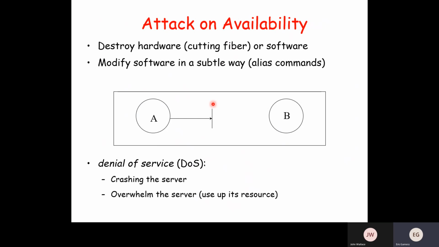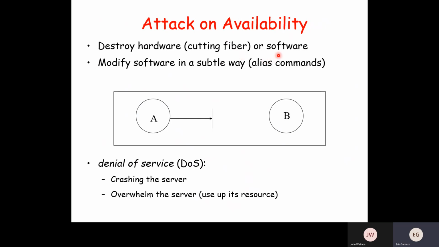Availability. There are many ways for you to make an attack on availability. So the system is not available. So the first way is you damage the physical part. For example, you cut the wire. If you cut the wire, you have a problem. We cannot access the remote site because there is no connection anymore. So it's a way to have an availability problem.